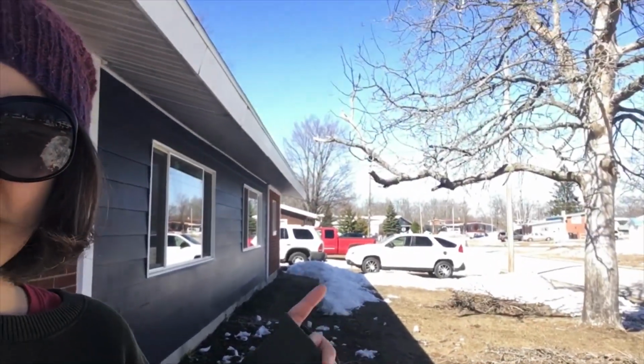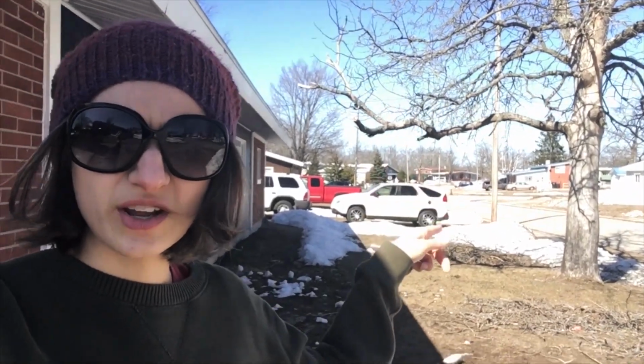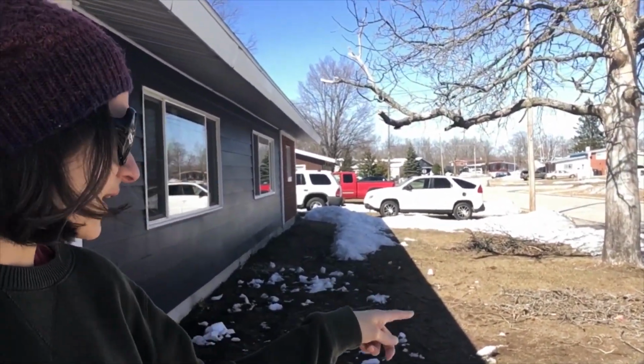So in the front yard, I'll walk up there. So yeah, in the front yard, you can see behind me where Mitch cut a lot of this tree off and then has been raking up a whole bunch of pieces. But we left a good portion of the branches, a bunch we took out back and piled them out back, but we left a good portion of the branches still scattered throughout the yard because then when the snow fell, it was kind of layered and separated because of the branches, if that makes sense, just to help it melt